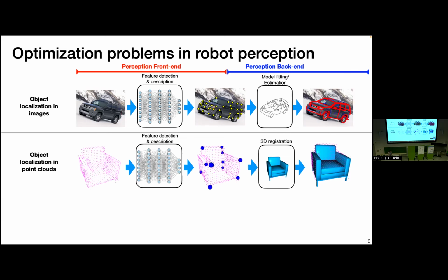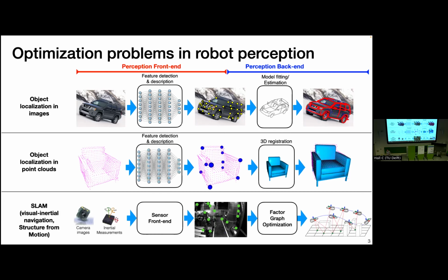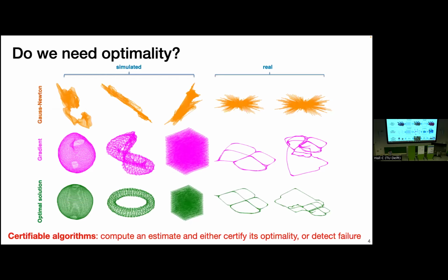And even if you do completely different problems, such as simultaneous localization and mapping, you still typically have some sort of split in which there is a front end, which is doing feature extraction, and a back end, which is solving some sort of optimization problem. So the observation here is that a feature of these problems in estimation is that if you compute an optimal solution to the optimization problem showing up in estimation, you typically get a good estimate of the quantity you care about. For example, in this